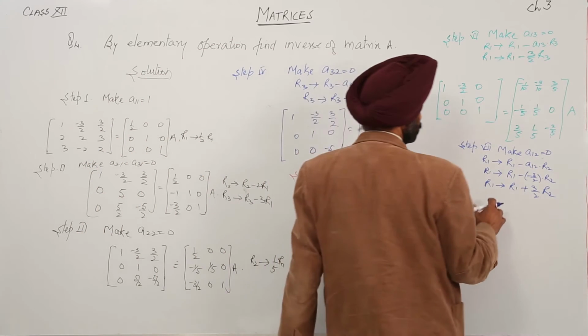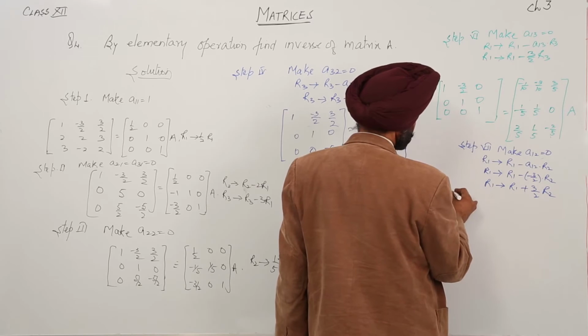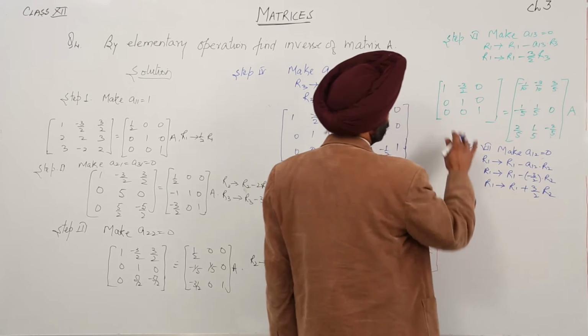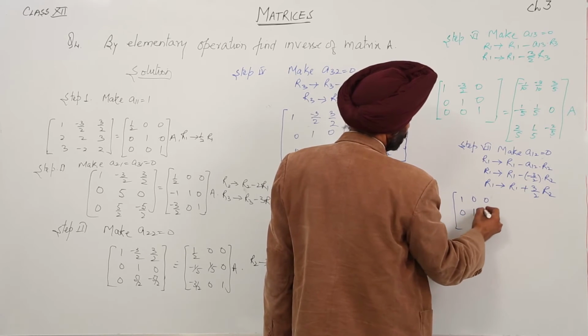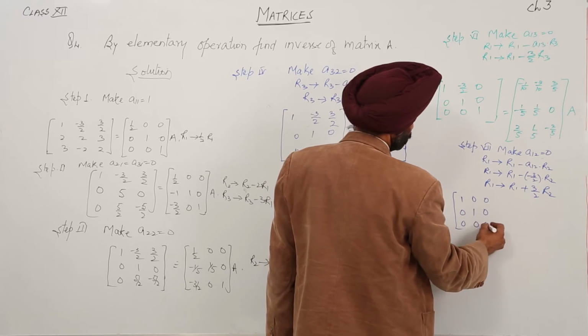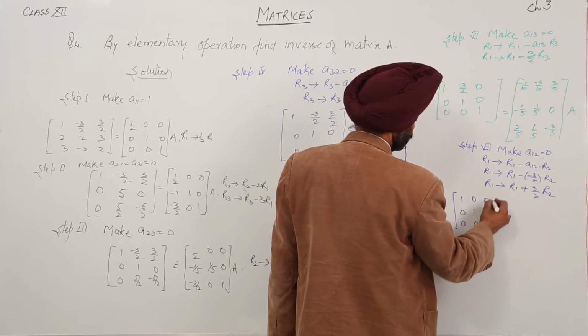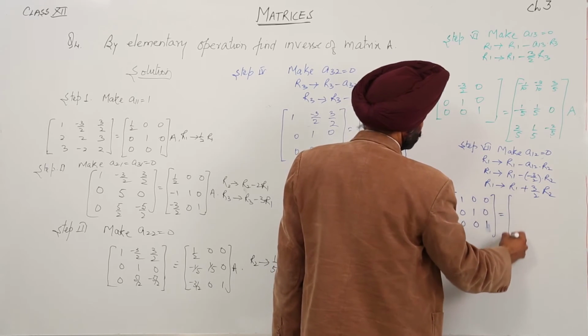After calculation this will become 1 0 0, 0 1 0, 0 0 1 is equal to,